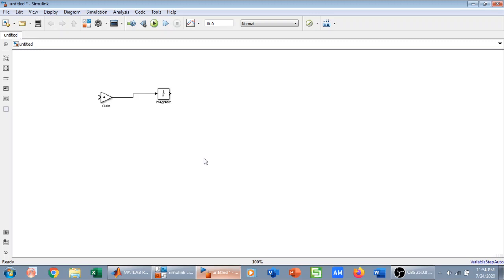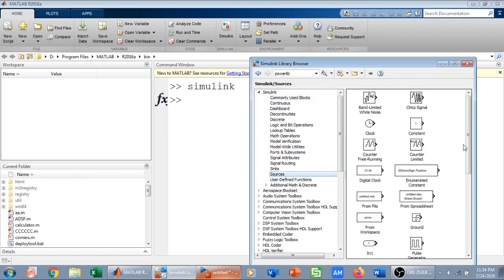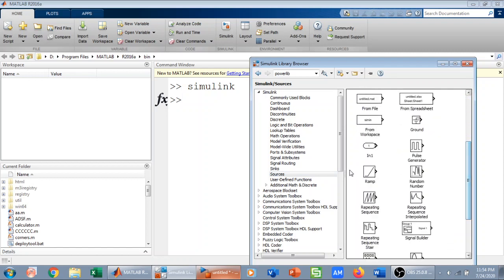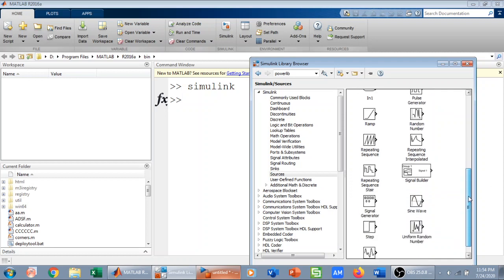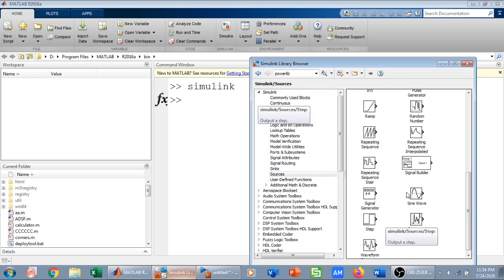For that we will again use the sources library. There are my sources. I'm searching for a sine wave. We have different sources, for example constant, step, ramp, random number, and there we go, we have a sine wave as well.